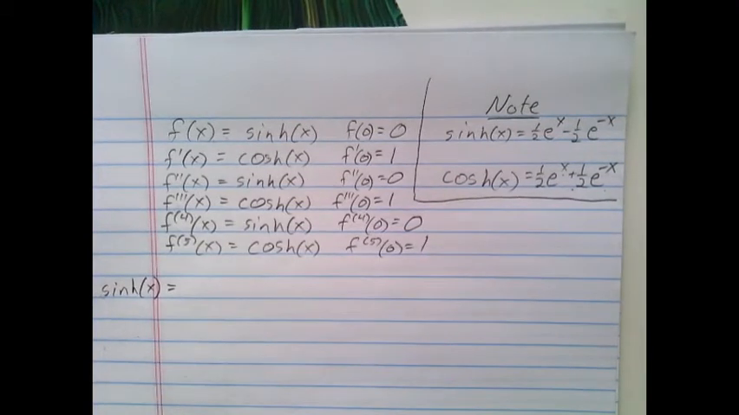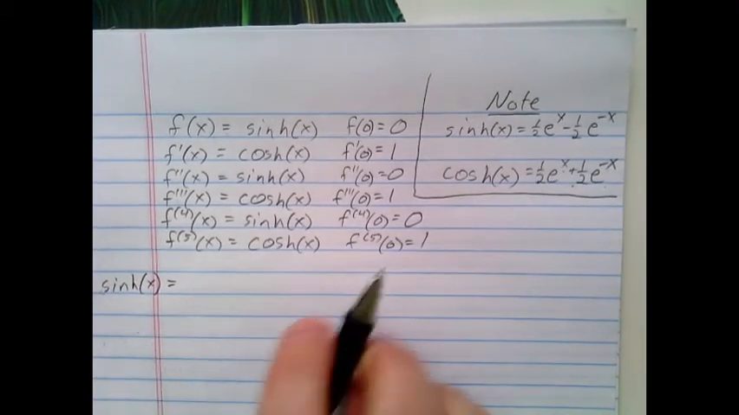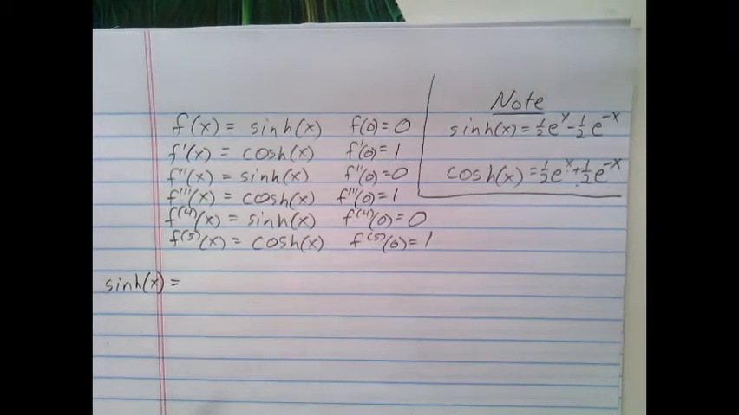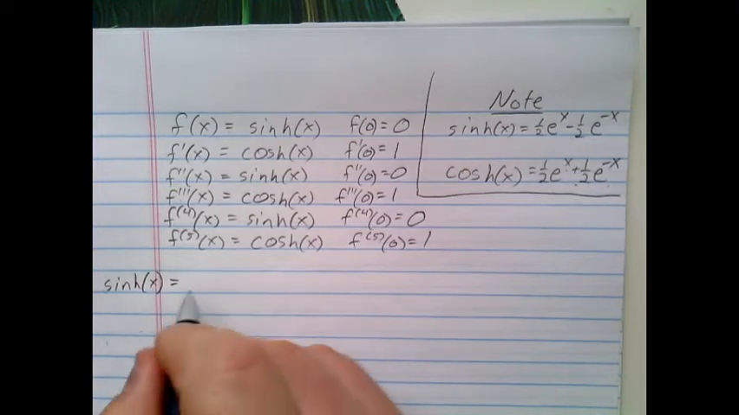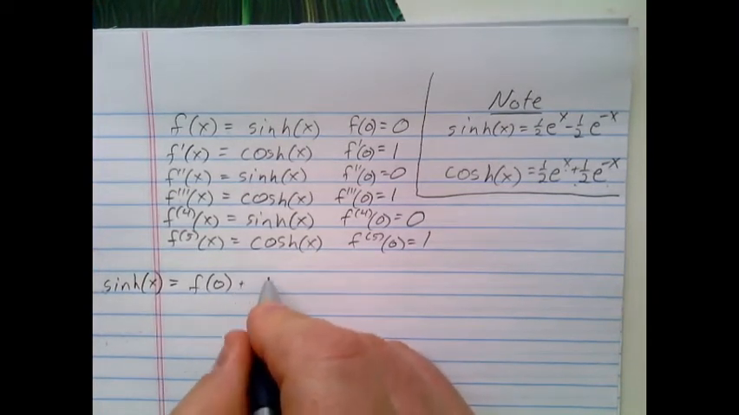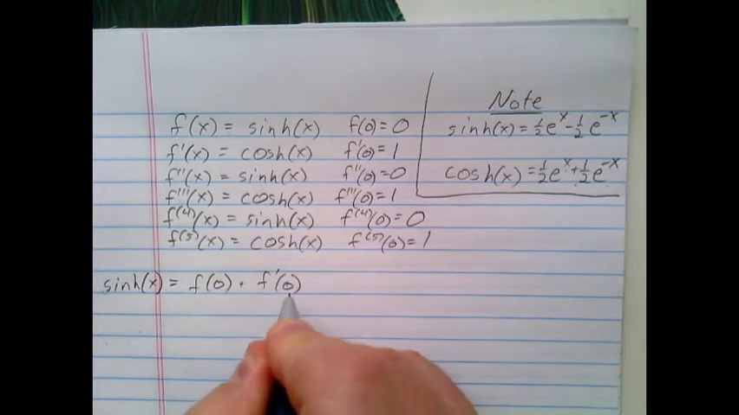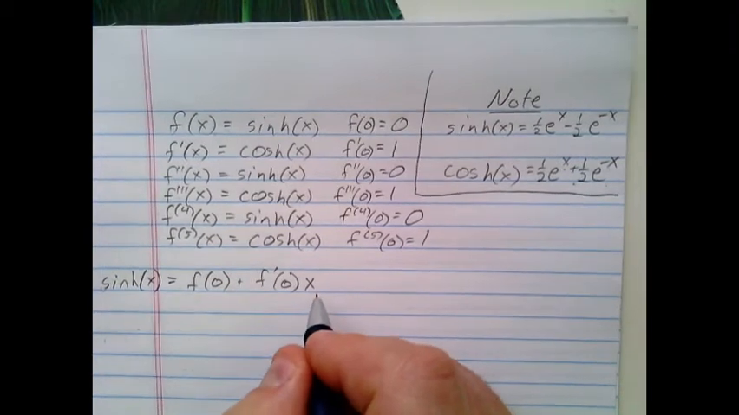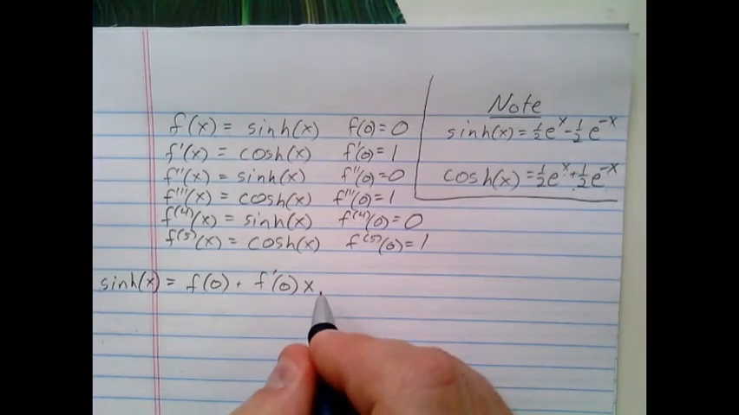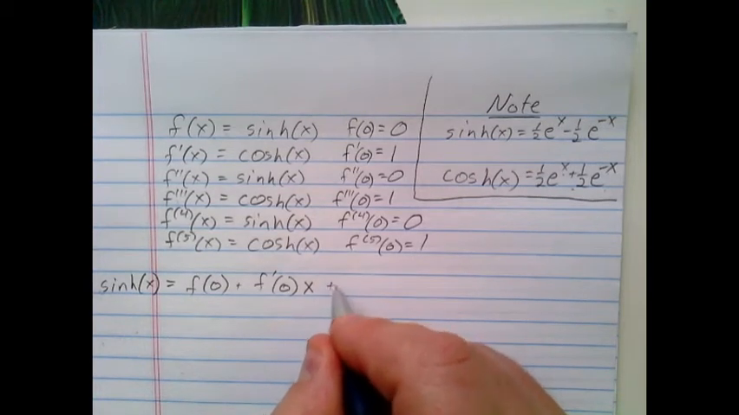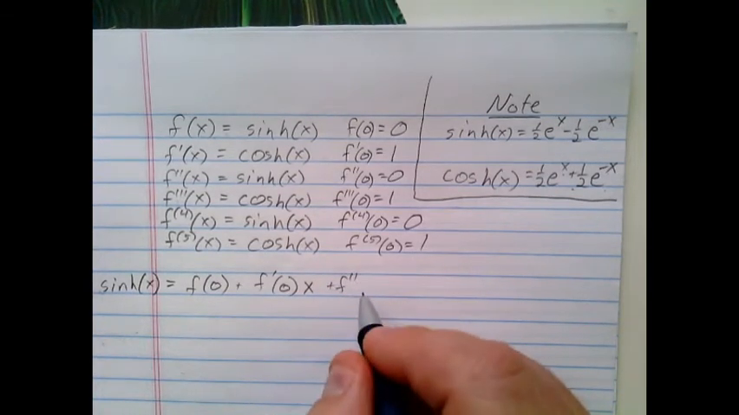Alright, so remember my formula. When I follow my formula, the first term should be f of 0, and then the second term should be f prime of 0 times just x to the 1. Okay, now if I was centered at anything other than 0, I'd have to write x minus something. Okay, and then for the next term,